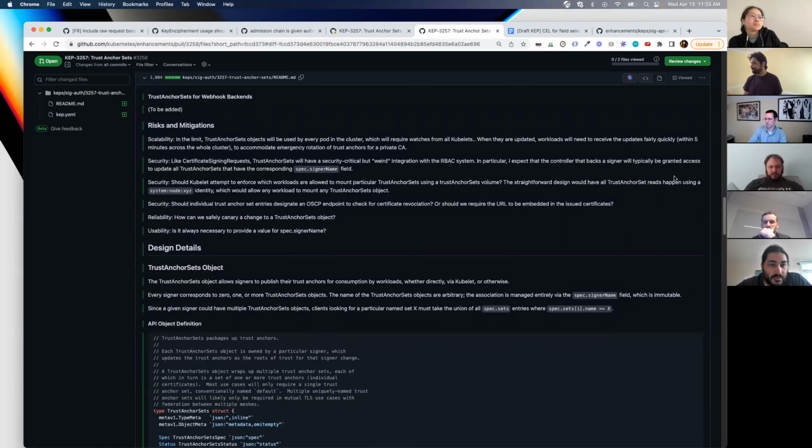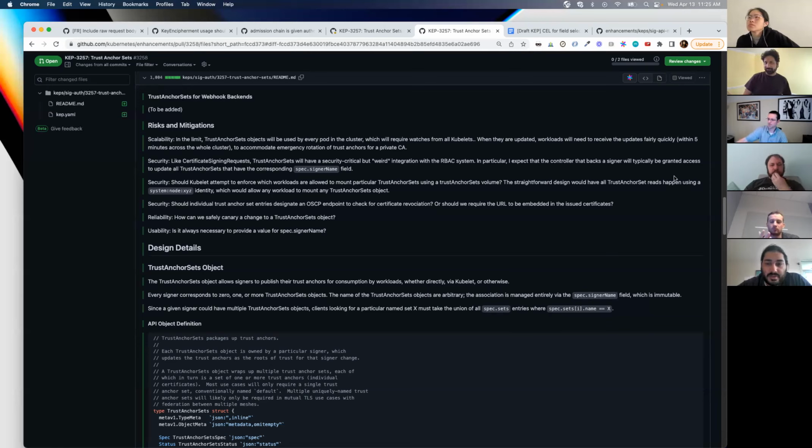Yeah, in terms of the scalability thing, I had made this a general comment. I figured the kubelet might just have one single watch on all of the things and just one big cache, and when you ask for something, if it has it in the cache, it's good. And if it doesn't, then let